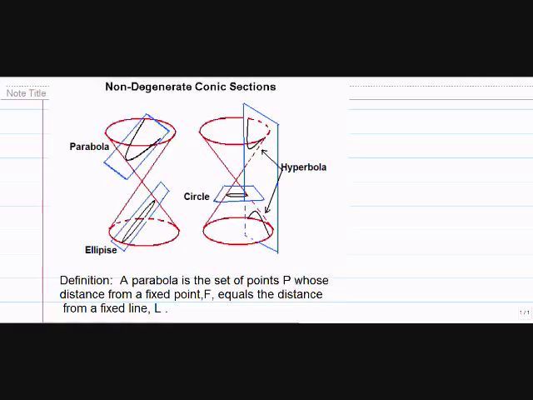This is just for you to look at. If you understand it, fine. If you don't, you're going to see conic sections again in pre-cal, so when you see them again, you'll go, okay, I kind of remember what we did with conic sections in Algebra